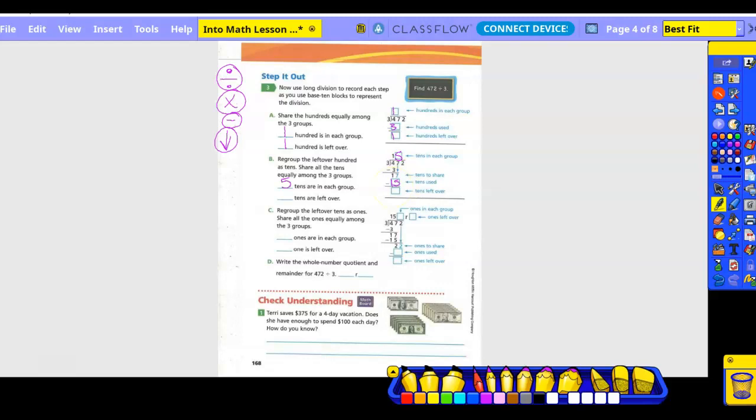So we had 5 tens, and then 17 minus 15 is 2. So there's 2 tens left over. Okay, so see, we grouped the leftover tens as 1. Share all the ones equally among the 3 groups. So now they brought down our 2. So 3 goes into 22 7 times. 7 times 3 is 21. 22 minus 21 is